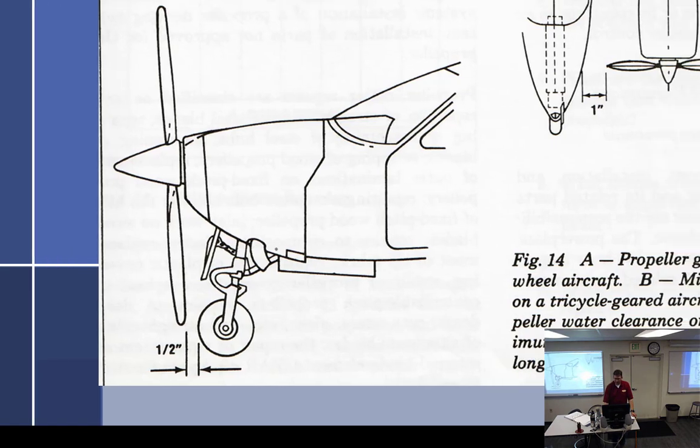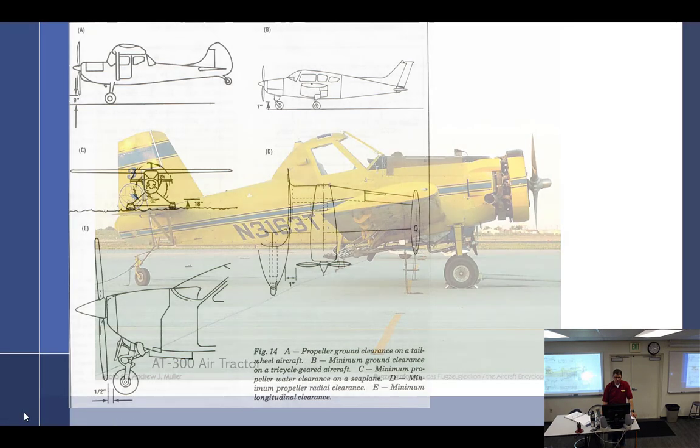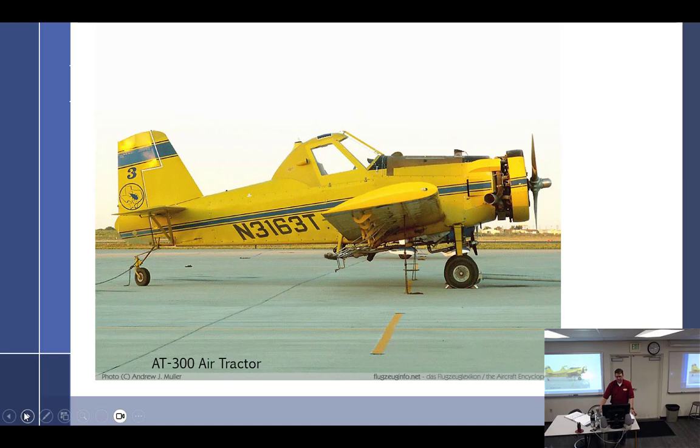All right, got our clearance. Let's see, next. All right, this is an Air Tractor representing a tractor configuration. So this kind of configuration with the propeller out front and the engine out front pulling it along is called a tractor configuration. Prop mounted on the front, prop pulling. Then we've got the